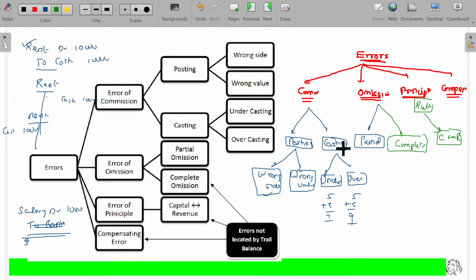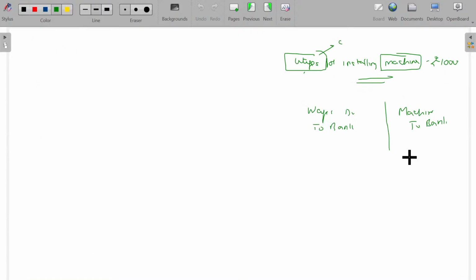in case of complete omission, what happens? You don't show in debit side as well as credit side. Because of this reason, if you are tallying, this will get tallied. Is that okay? So in trial balance, rent 1000, outstanding rent 1000, getting tallied. Isn't it? Or rent,